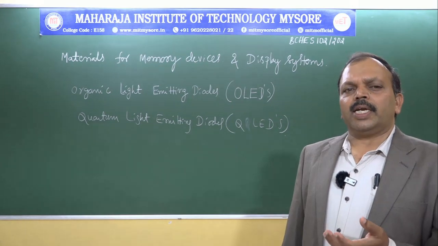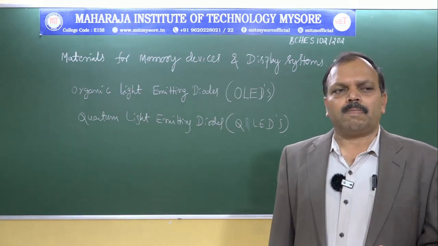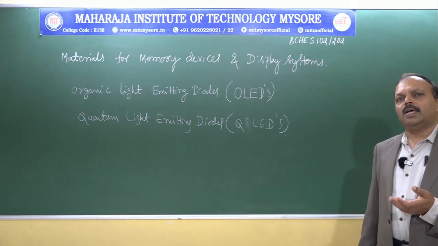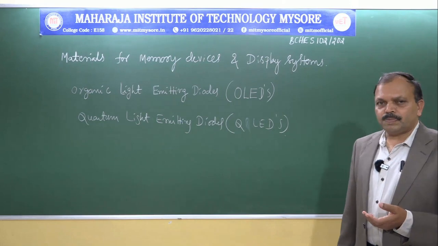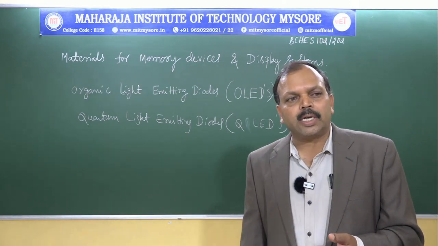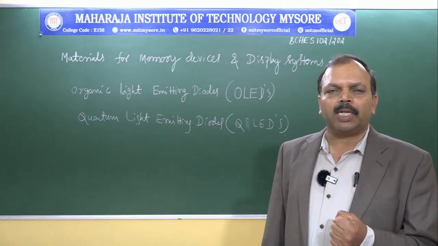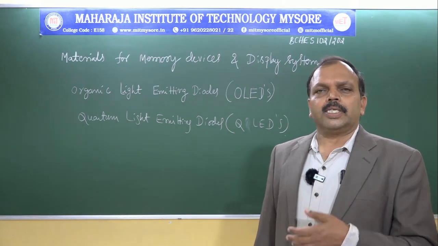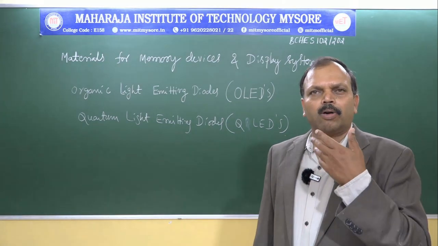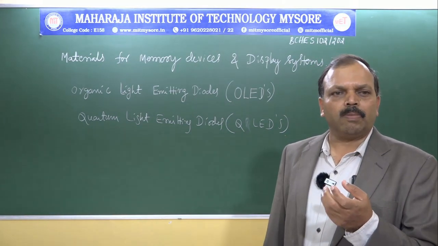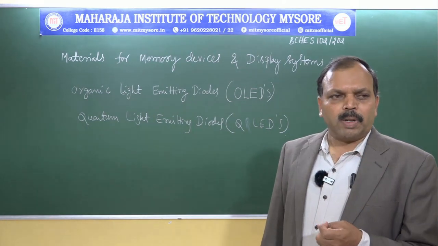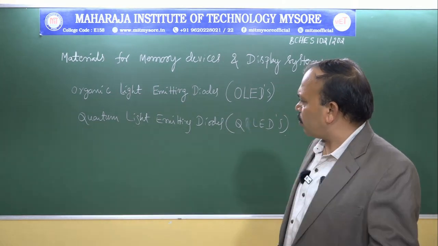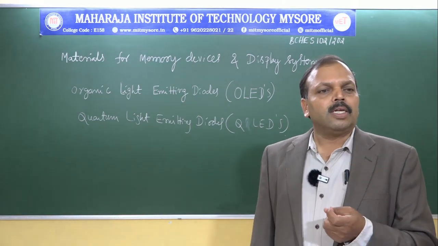emitting technology for creating large area displays that could have application for TVs, cell phones, digital cameras. QD LEDs are going to be the next generation display technology. I mentioned already, in the coming generation, in the later stages, there is a lot of change in the display system. After OLED displays, the structure of QD LED, quantum dot, or quantum light emitting diodes, is similar to the